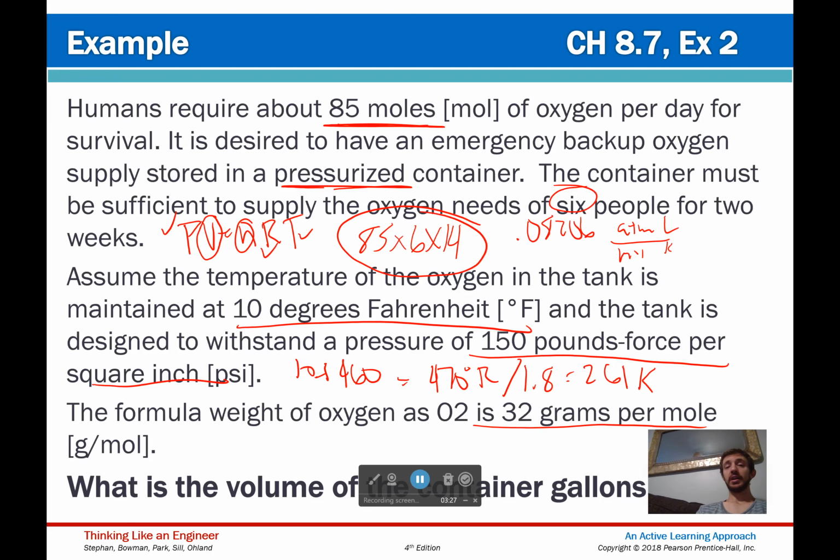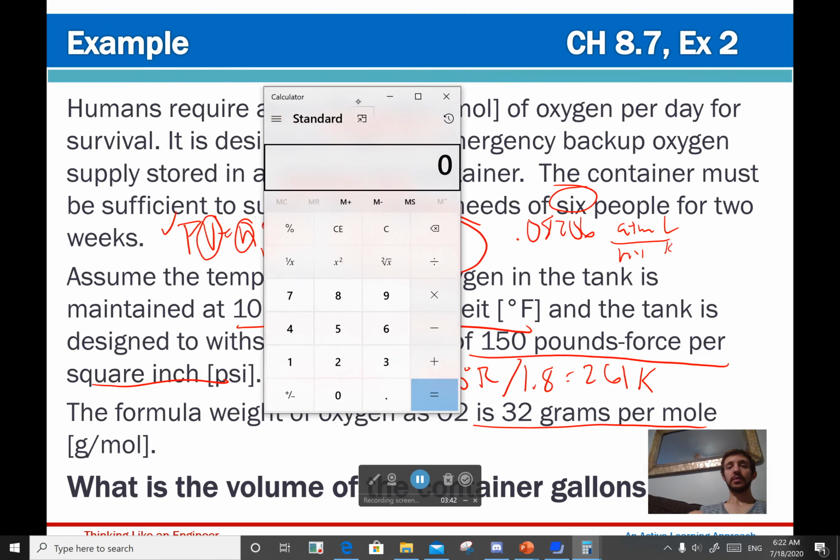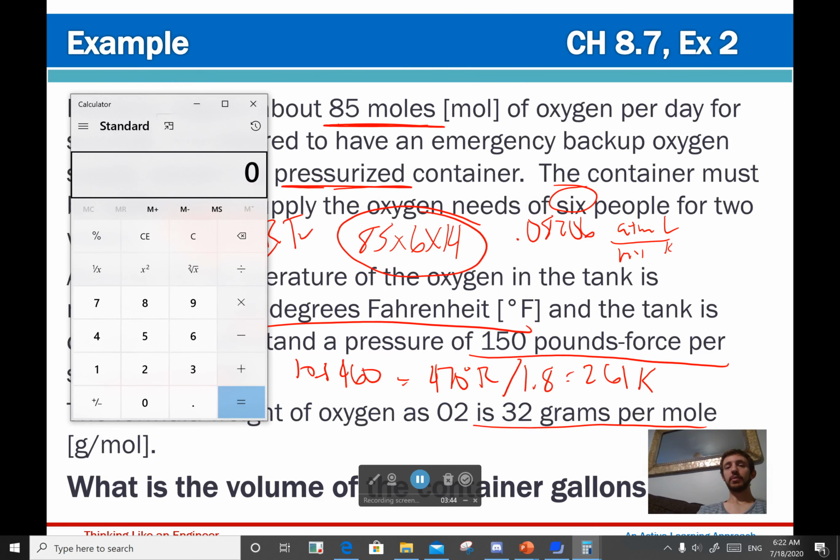Okay. So I have everything. I know temperature, I know pressure, I know number of moles, I have my ideal gas constant. I can solve for everything in liters, not in gallons yet. So I'll plug it in there. I want to get my volume. So I'll put my number of moles first: 85 times 6 times 14. That's a lot of moles. Times the ideal gas constant, 0.08206, times the temperature, 261, and we have one more issue in the fact that